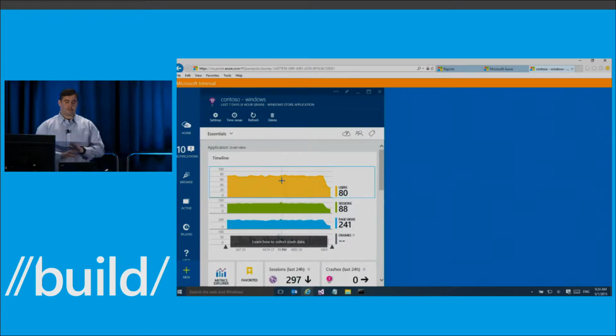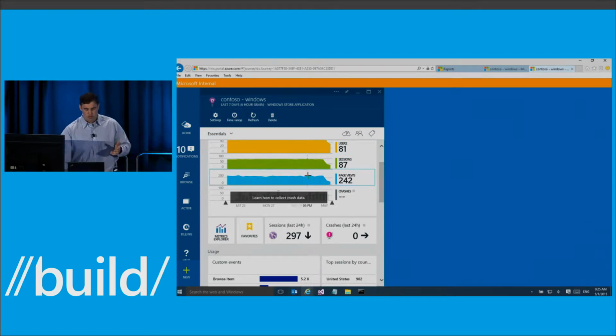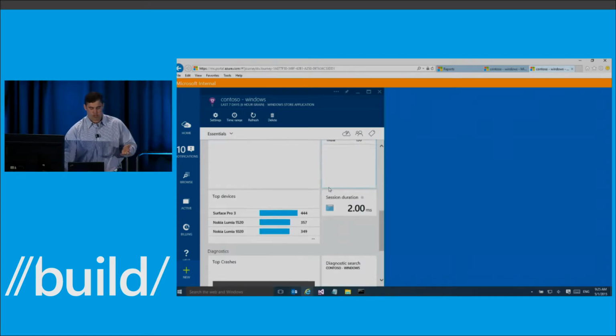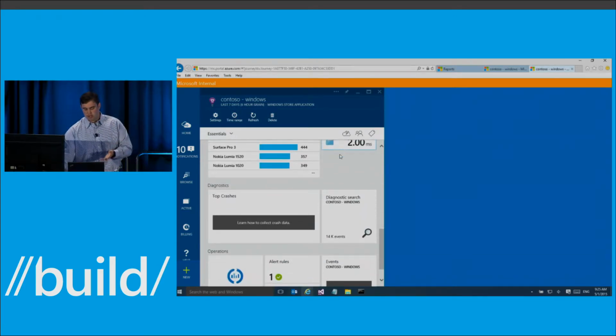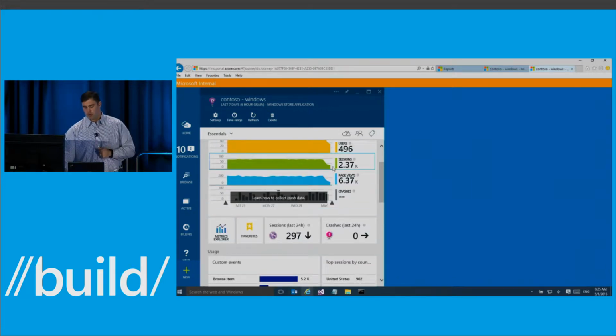What you can see here is the same data that supports the app usage page. It's shown over the last 7 days here. You see your number of daily users, the number of sessions for your application, and the number of page views. It provides a breakout by country as you scroll down here, by devices, by session duration. But you can go much deeper within this portal here.